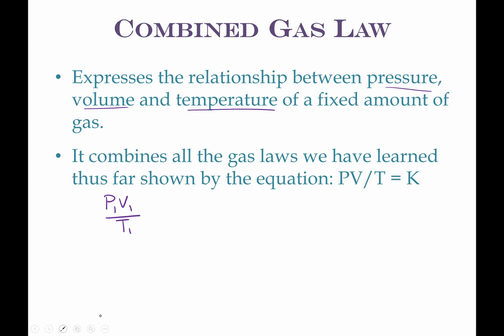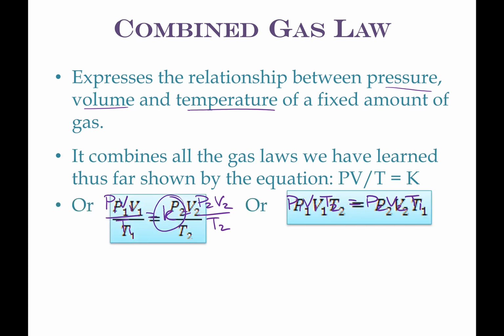But all of this is going to be equal to a constant, which also means P2 V2 divided by T2 is equal to that same constant. So we can say cross multiply P1 V1 T2 is equal to P2 V2 T1. So we're combining all of what we've learned into one equation now. So both of these equations are the same, and you can remember both of them, or you can remember either of them. Actually, in a little while, I'm going to show you just one equation that you have to know that you can relate all of these to.